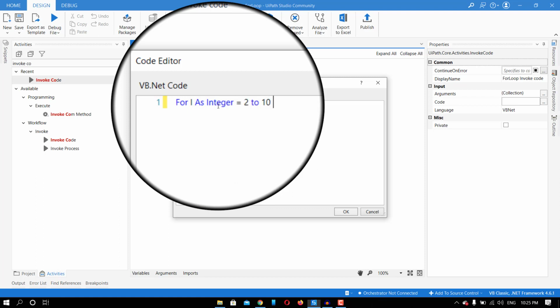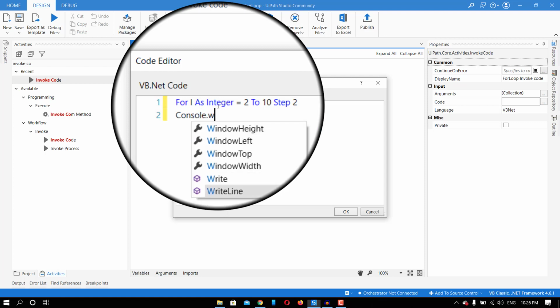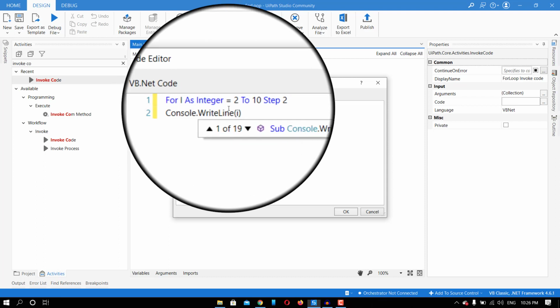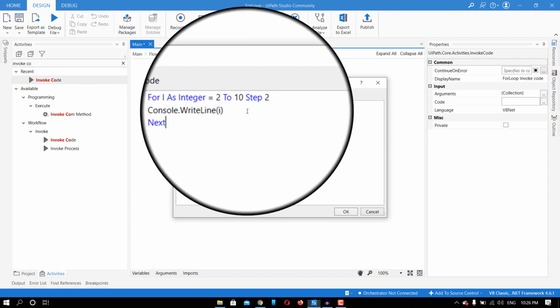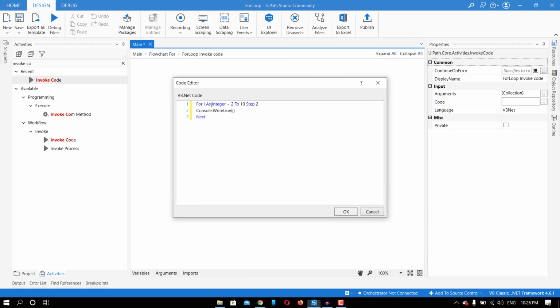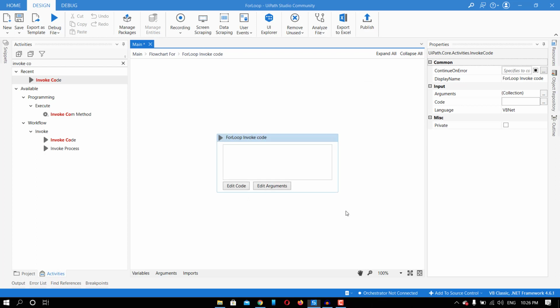I will explain this code, just give me a moment. Now console.writeLine to print it. Next. Okay, so here what I have done, I have created an integer I and it will range between 2 to 10 and I am doing the increment from 2. So first the console.writeLine will write 2, then it will do the increment by 2, so it will write 4 and like this till 10. So let me click on the OK button and let me connect it